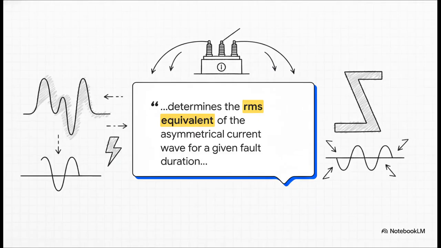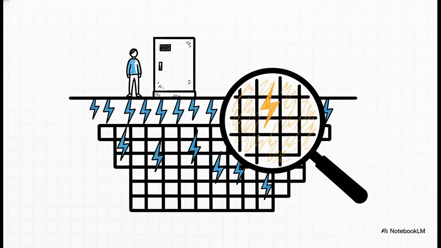IEEE grounding standards strictly require engineers to use something called a decrement factor. This decrement factor is an adjustment used to convert that highly dangerous, transient asymmetrical wave into a workable, symmetrical RMS equivalent. It accounts for both the initial DC offset and exactly how it attenuates over the entire duration of the fault. But why does this actually matter on the